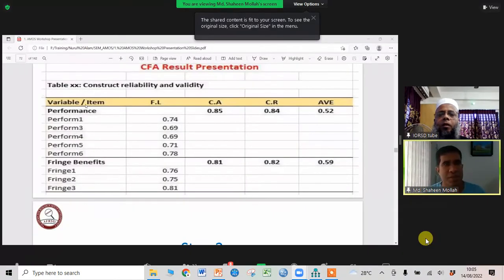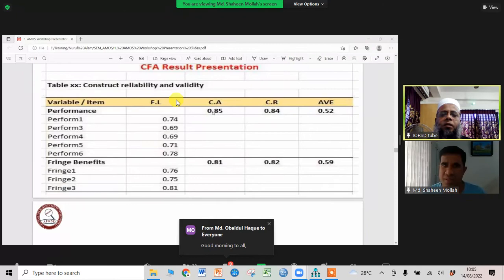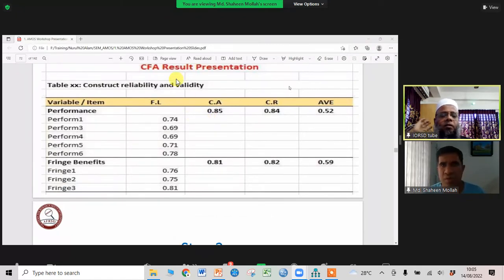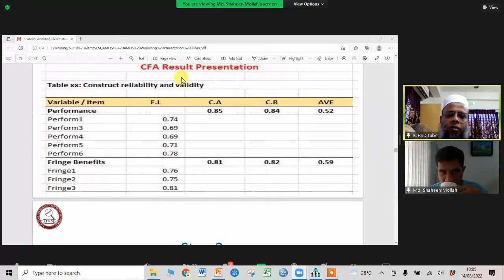In this table, construct reliability and validity, FL means factor loading, CA means Cronbach alpha. This is how to present our CFA results, confirmatory factor analysis results. We call it a construct validity and reliability table, where we present the items and variables in one column.